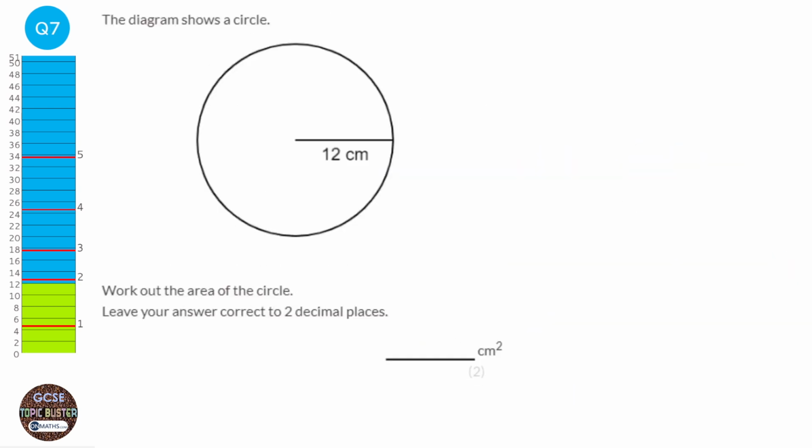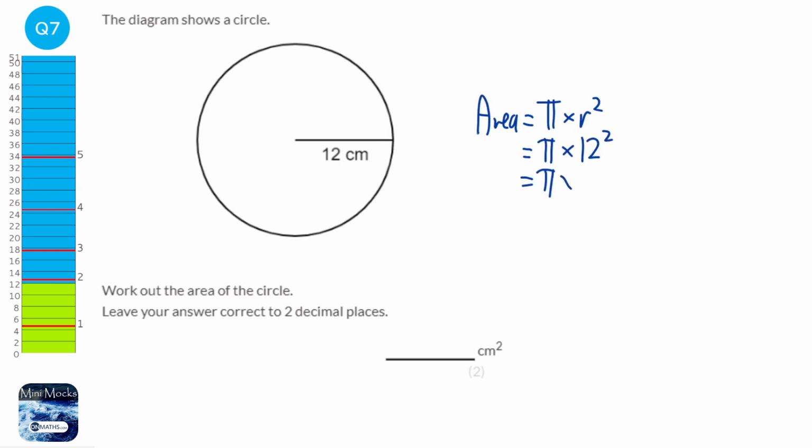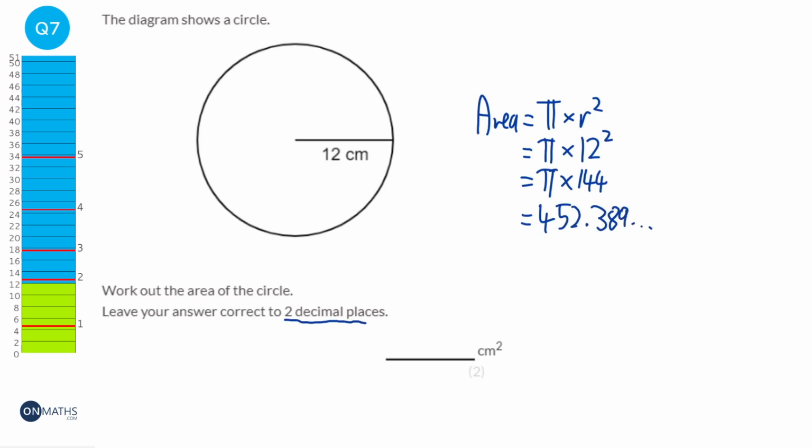To find the area of a circle, we use the formula area equals pi r squared, or pi times r squared. We're given the fact that the radius is 12. So it'd be pi times 144. Type that into the calculator and you get 452.389 blah blah blah. And the question asks us to round it to 2 decimal places, so that would be